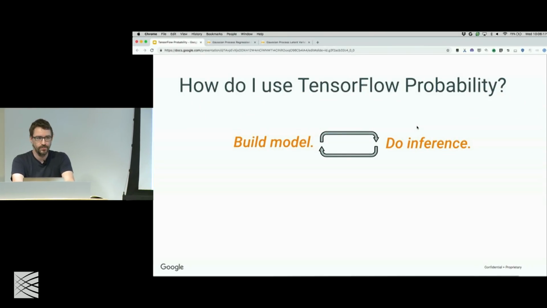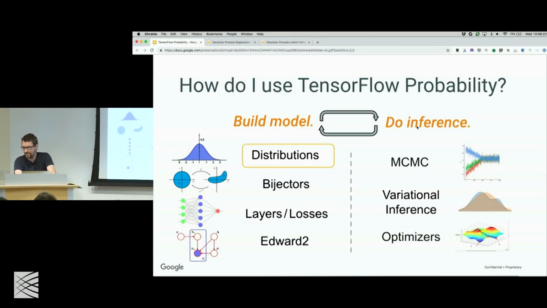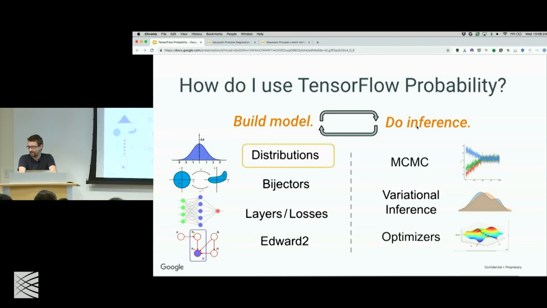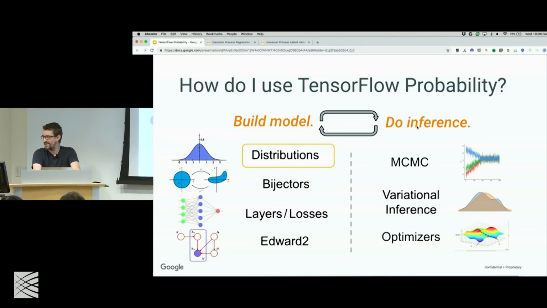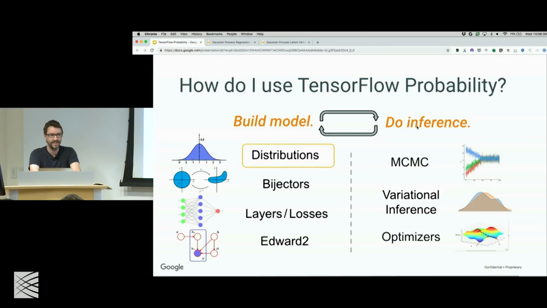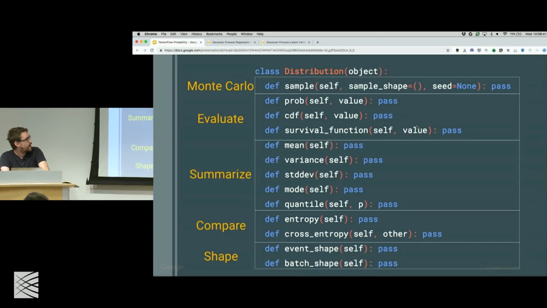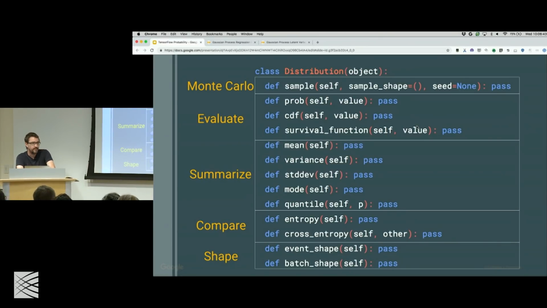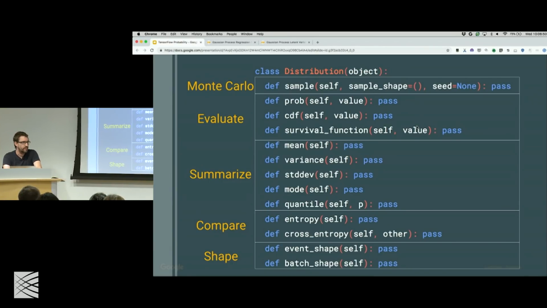So the idea is you build your model and you do inference. We have some tools for building models and some tools for doing inference. And we'll probably focus mostly on distributions and bijectors here, given the amount of time we have. Our distributions library has something like 60 or 70 distributions at this point, quite a few. Each distribution has roughly the same API. It supports sampling, measuring of probabilities and log probabilities, CDFs, survival functions, summary statistics where possible,